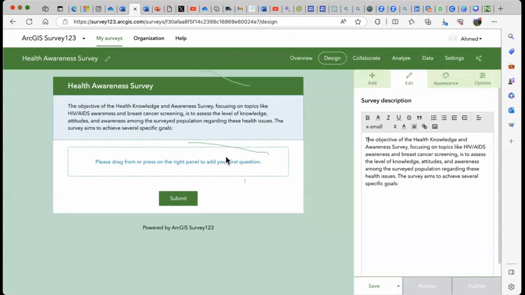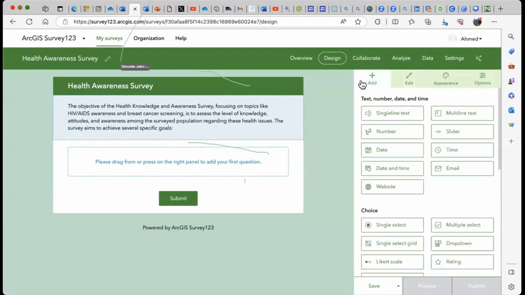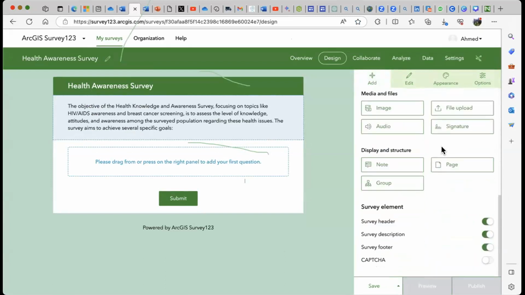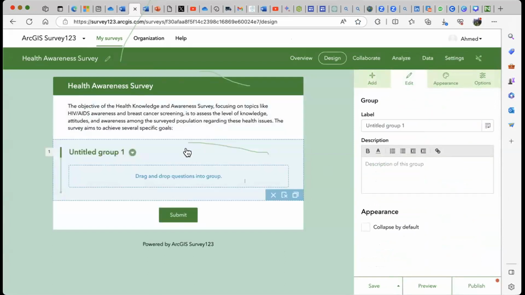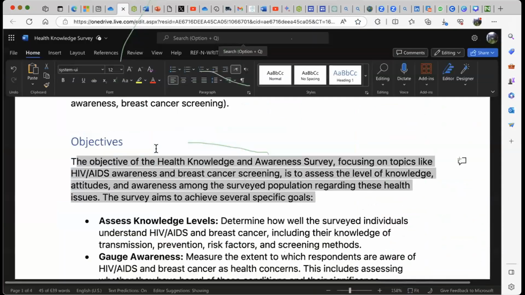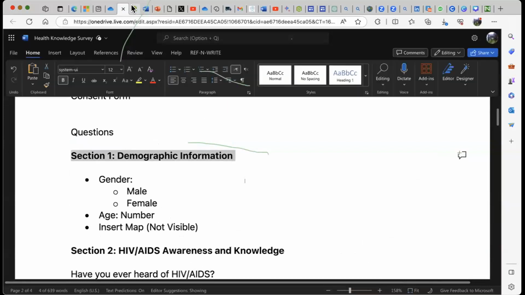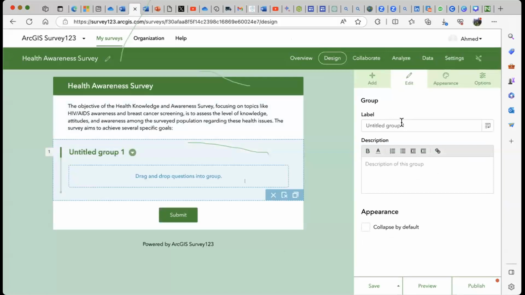let's start putting tools, the various controls or questions. So the first one is, we've got section 1. So let's click on group. This is used to group your questions together to display your question. I can double click on this now. So you can see that I have on title group 1. If I go to my question base, what do I have there? So I have section 1. So I can place that there.